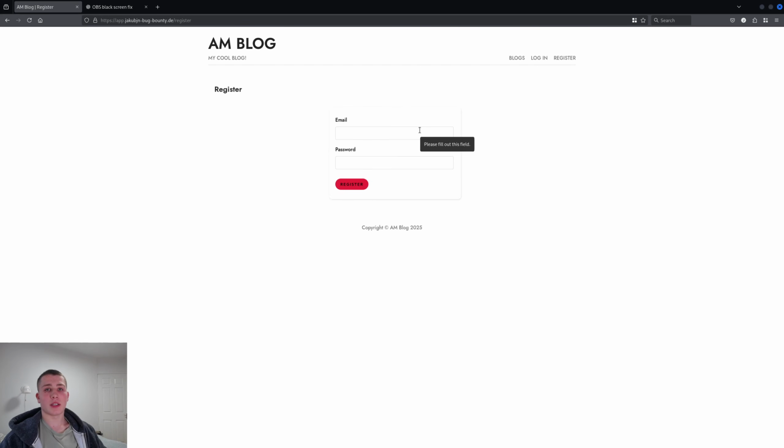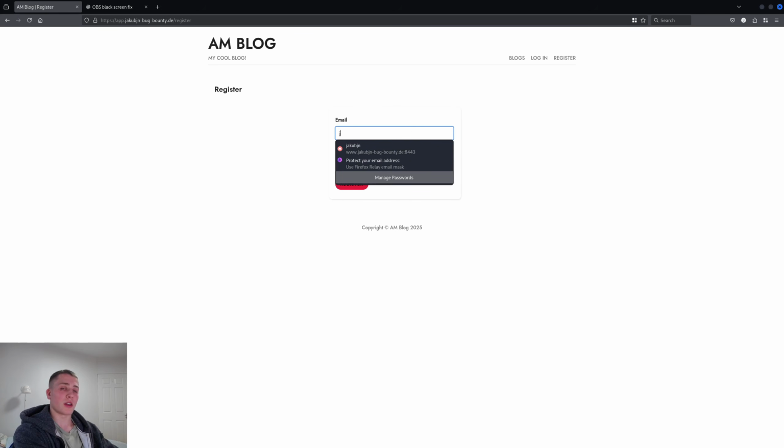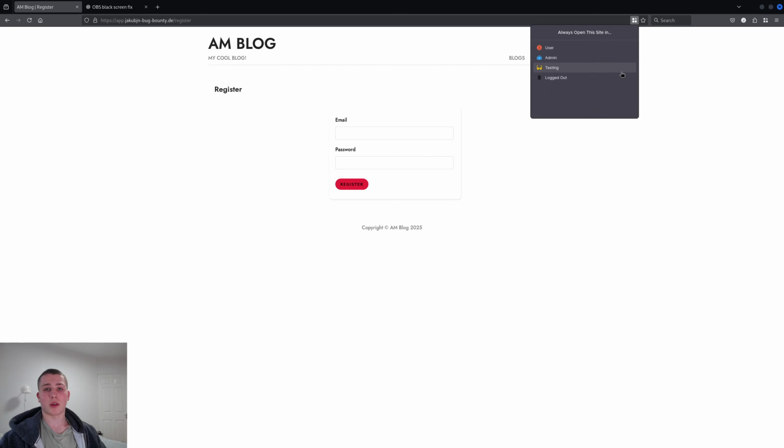But before we actually start hacking or looking at any of the features, we want to set up a few accounts, because to unlock some of the features, you'll need to go a few extra steps. The number one step is obviously just registering to the website and creating an account. And what I like to do is create two at the same time, so I can test things like